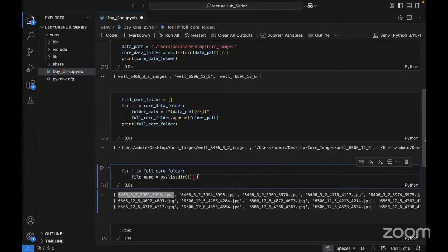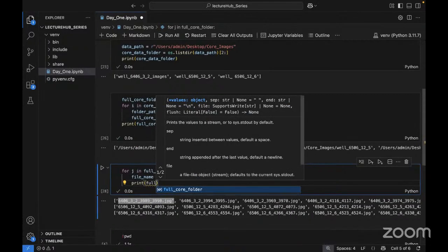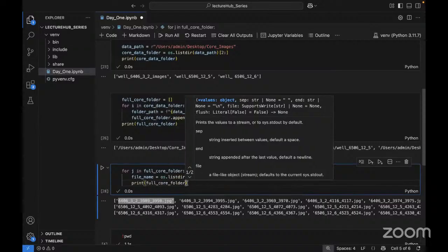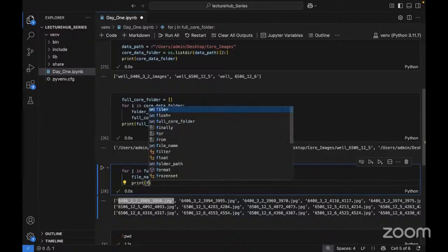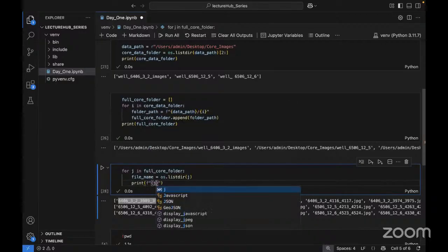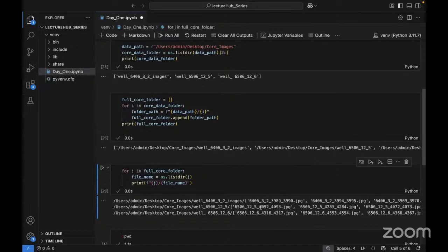File name. And for the file name, what's important next is I can come here and print the full folder, full core folder path, which is J. So I'll come here and call it formatted string, and I say call J, and for J, what is J having? It's going to have the file name. If you don't understand this, don't worry, you just have to. So you can see each of them now has their